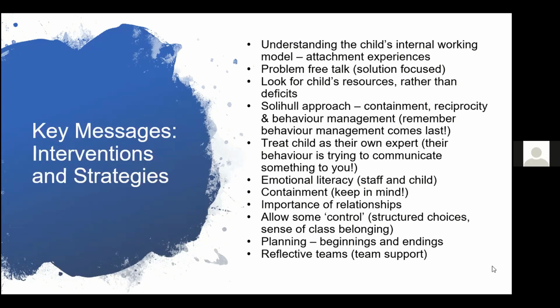and being able to move on once that's been dealt with. It's thinking about things like having a key person who can provide positive attachment experiences for the child and can consistently meet that child's physical and emotional needs so that they learn to develop that trust. It's about providing that reassurance for children. It's giving them that structured environment and activities. And it's also thinking about alternative key adults for children so that when that main adult isn't available, there is still someone there. So it's really about thinking, okay, what is it that's going on for this child? What is their internal working model? And where can we put in place that intervention?